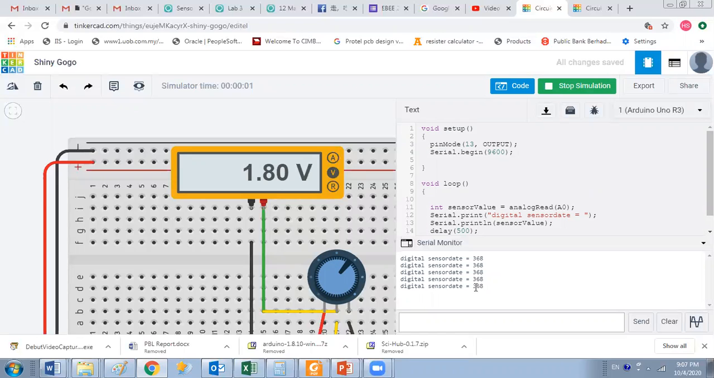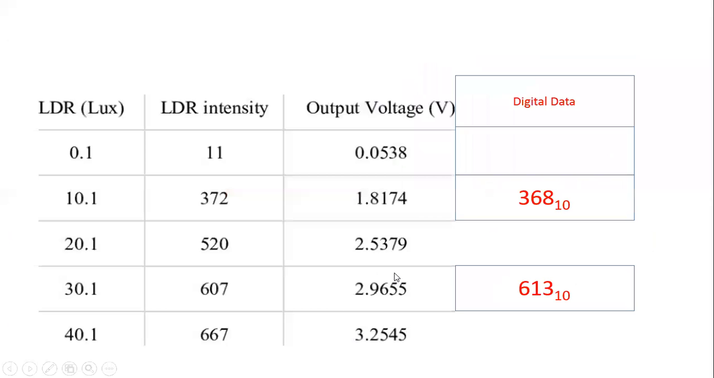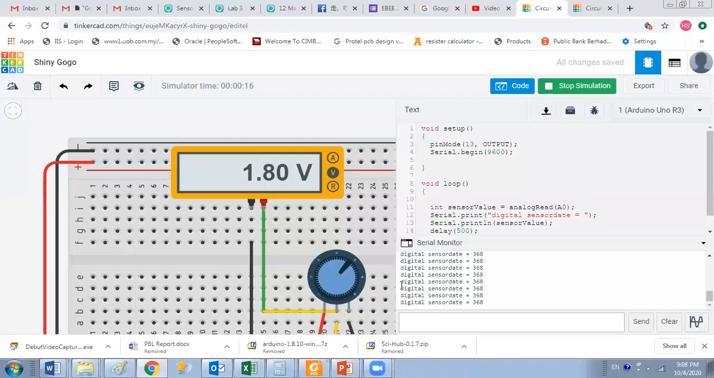So it's roughly about 368. That means it's 368 here. So next, try another example. Let's say this is about 3 volts. Okay, now I try to adjust this one to 3 volts. So yeah, the value is about